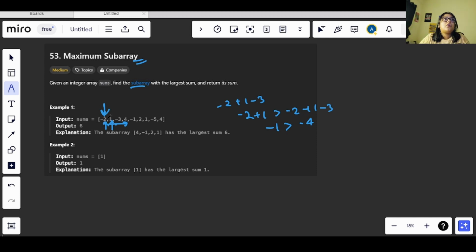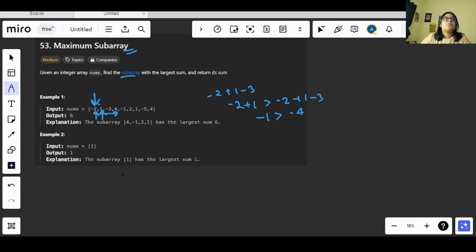If I start from -2, I will take first -2, then 1, then I will add -2, 1 and -3. In the same way I will keep adding one new value each time. So let's say I have -2, 1, -3, 4, -1, 2 and 1. Let's go with this.